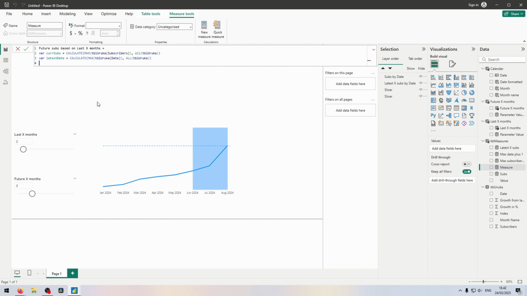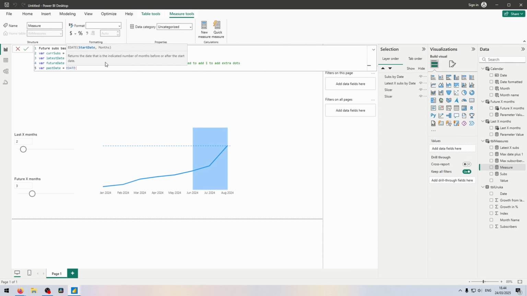Then I want to grab my future date, which will be based on this parameter. Again, I want to use the EDATE function because that adds a certain number of months, which my dataset is very convenient to start at the first of the month. I want my latest date, then I want to add +1 and whatever value I grab from this column. And I want to add the +1 because I want to show extra dots, and we'll see that once I make the graph. Lastly, I need to grab my past date, which I also get using the EDATE function. It also relies on the latest date measure. Here I want to go into the past based on my last X months parameter. In this case, I need to grab the most recent data point and then 2 points backwards